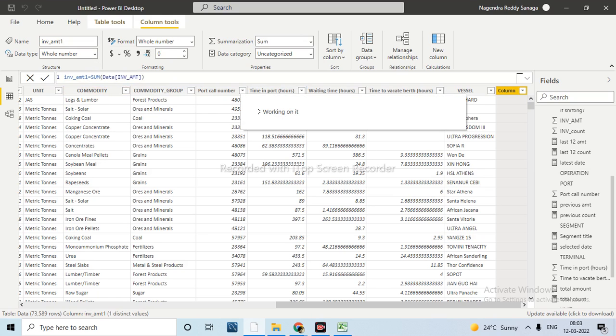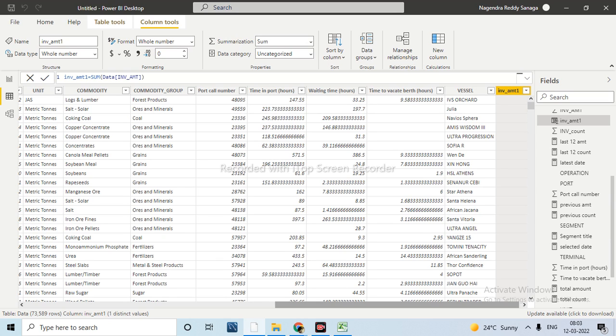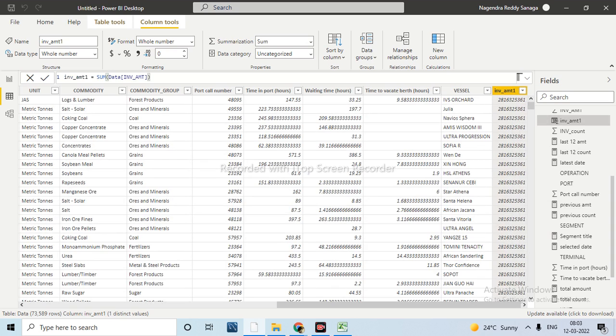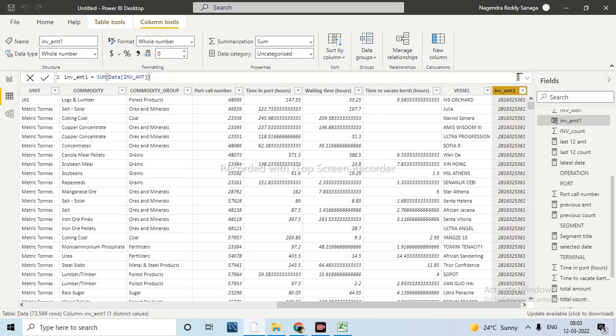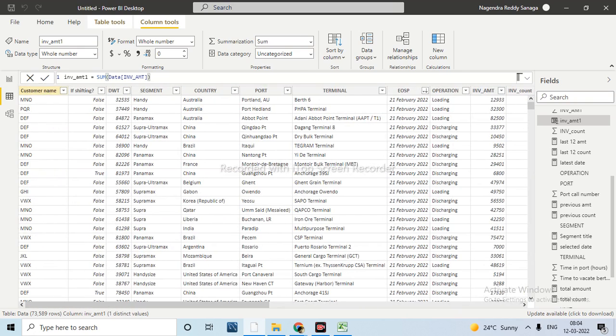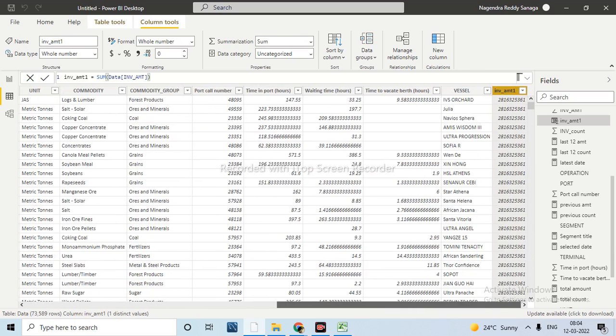See how it will work. You are getting the same value for all the rows. Yes, because sum is working on that particular column. That means first it is summing up the whole information. But here, when you are working row by row, every row will perform the same action.